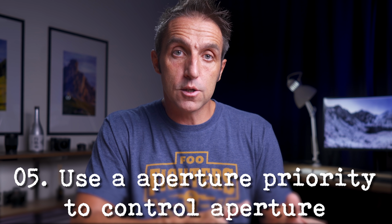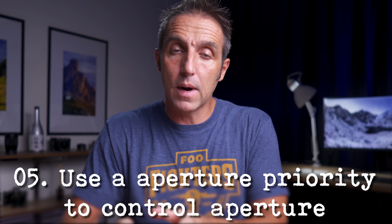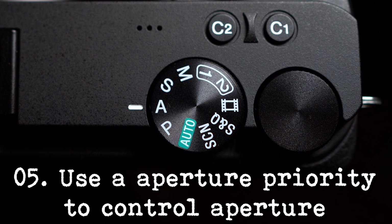Now, when you are shooting those portraits and you want to learn about aperture, aperture priority is the way to go. This gives you control over aperture, and as long as you've got your ISO in ISO auto, that's the only thing that you need to control. Then you can get that f number as low as possible, the aperture as wide as possible,